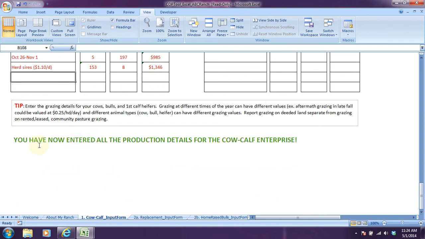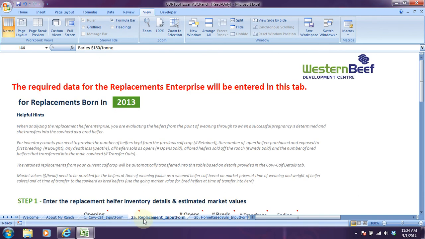I'm just going to scroll down and you'll see you have now entered all the production details for the cow-calf enterprise. So that's all that's needed for production information. We still need to enter financials, but that will be in a future video. And in the next video tutorial we'll move on to entering information for the replacement heifers, which will be for the 2013 born